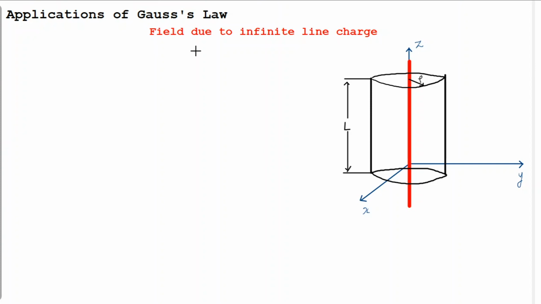Now why are we doing this? Once we have a closed surface and charges inside that closed surface, we are going to evaluate or count how many flux lines come out of this closed surface. That is the idea. We also explained that we are not going to consider the number of flux lines, we are going to consider the density of flux, that is flux density, to measure the total flux coming out of the surface.